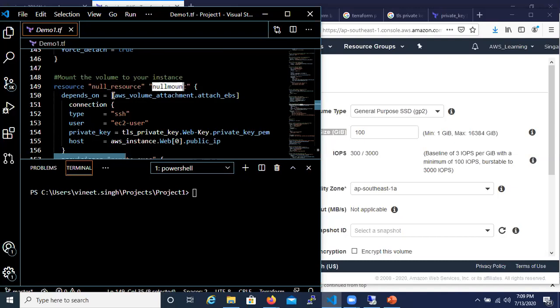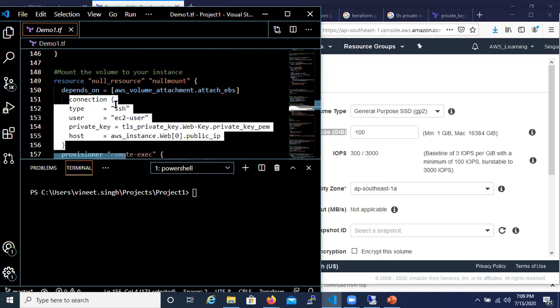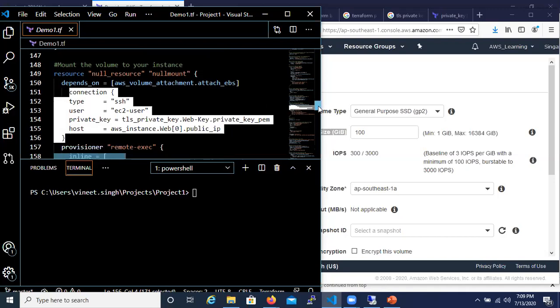Whenever the volume we created is attached to our instance, I have to format it. In order to format it, first I have to log into that instance. That is again defined in my connection parameter, similar to how we executed it in the previous section.